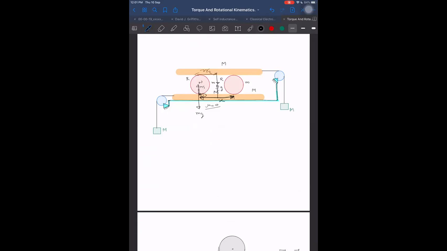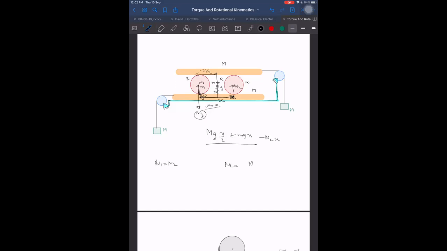Then what is the torque due to all this? Torque due to capital M will be Mg into x by 2. And torque due to small mg plus torque due to small mg will be small mg into x. Is this right or not? And the torque due to the first normal will be 0. Torque due to this mg will also be 0 here. This normal and this mg will give 0 torque. But the second normal will give us some torque. What is the torque due to the second normal? Due to n2, the torque will be in the opposite direction, minus n2 into x. But I know n2 is equal to n1 by symmetry, as I told you several times before.